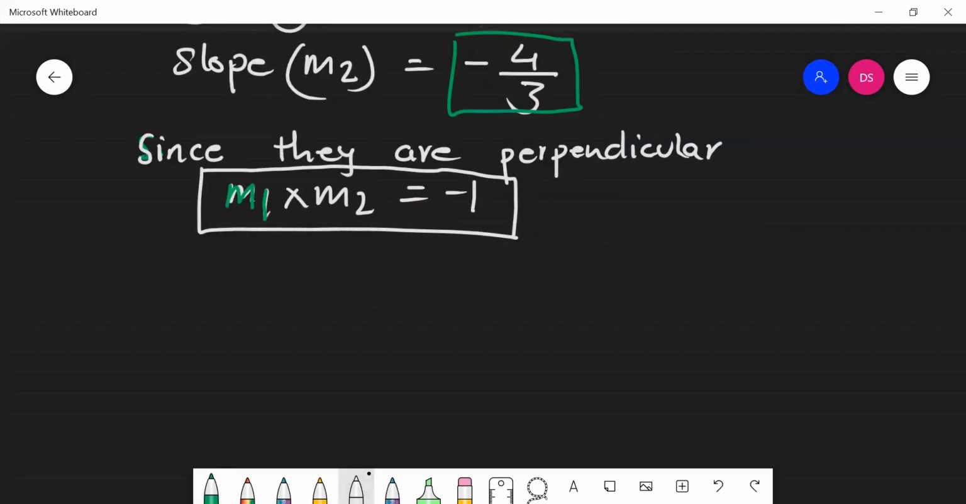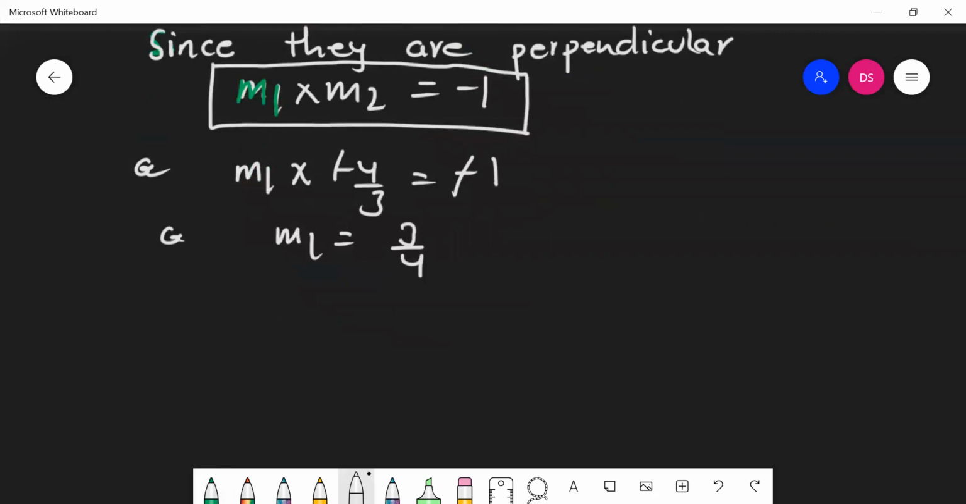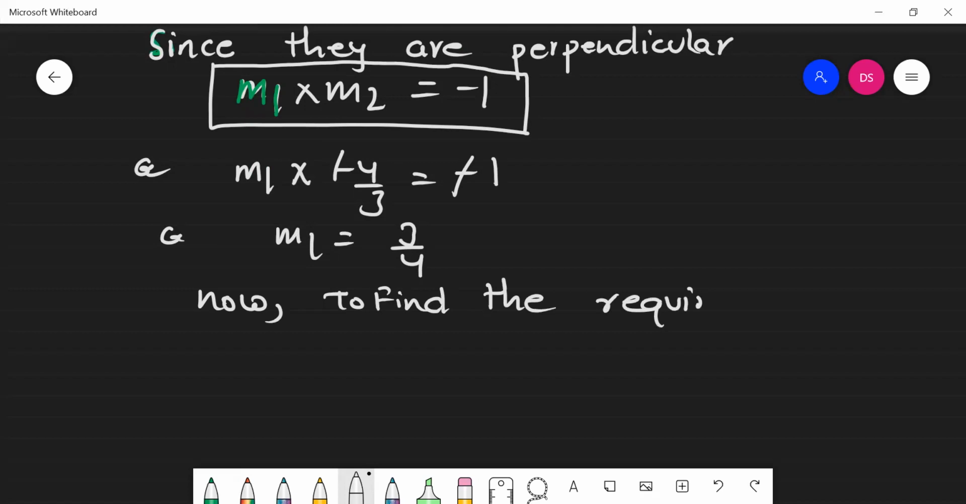Let me solve here now. m1 into m2, which is -4/3, equals -1. So minus minus will cancel, and m1 equals the reciprocal, 3/4. In this way we now have the slope and the coordinate also. Now finally, to find the required equation,